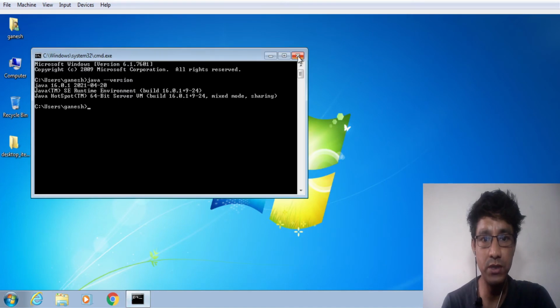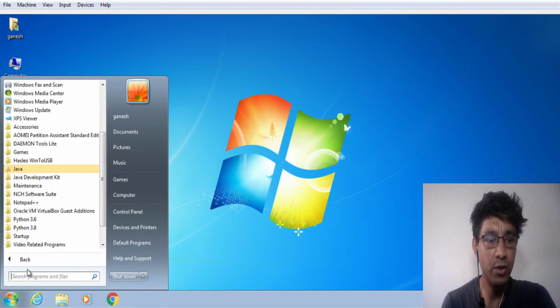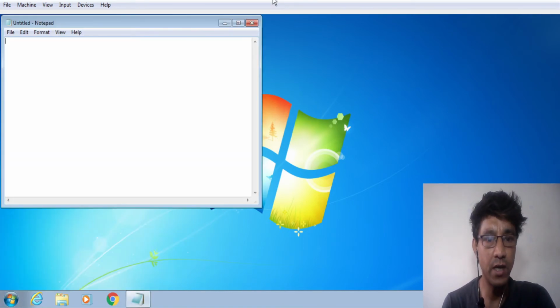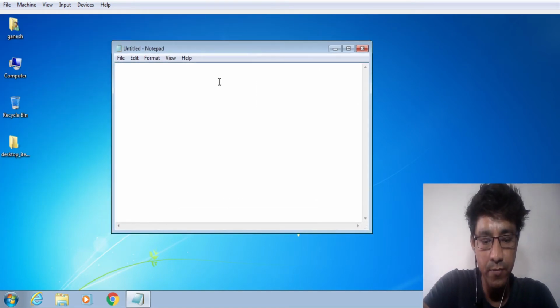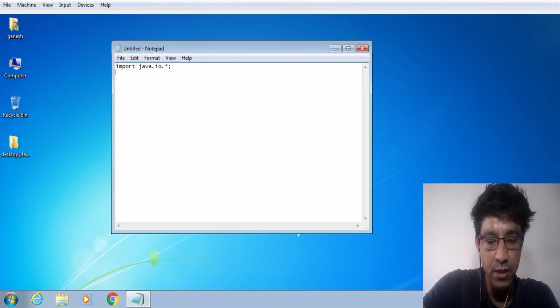Now how to use this Java for making your program? You click on start, and you can open a notepad. You open notepad, and I'll make a small program here. Import java.io.*, then class MyClass, and here